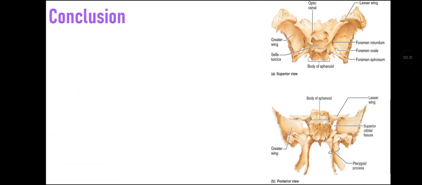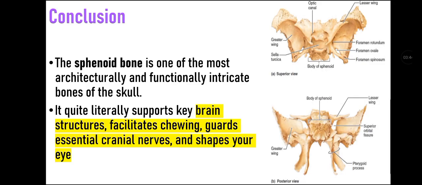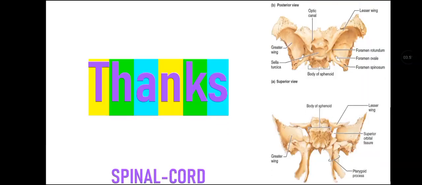Now let's talk about conclusion of this lecture video. Sphenoid bone is one of the most architecturally and functionally intricate bones of skull. It quite literally supports key brain structures, facilitates chewing, hosts essential cranial nerves, and shapes your eyes. And this was all about